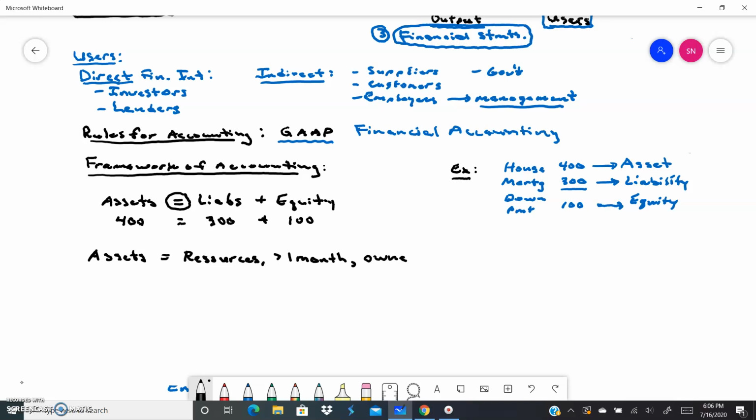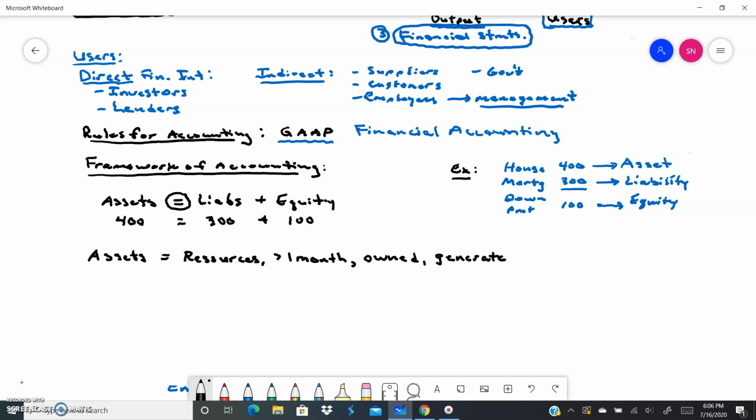So we don't own the electricity. There are some examples where we don't necessarily own the asset, but for this purpose, I think we can assume that assets are owned. For instance, the building, equipment, cars, the cash in our bank account is an asset. Any supplies that we purchase, things like that, those would be assets. We own those. And most importantly, they generate revenue,